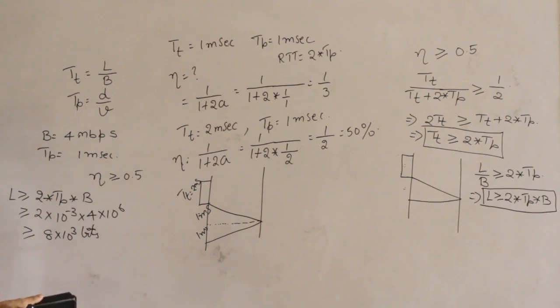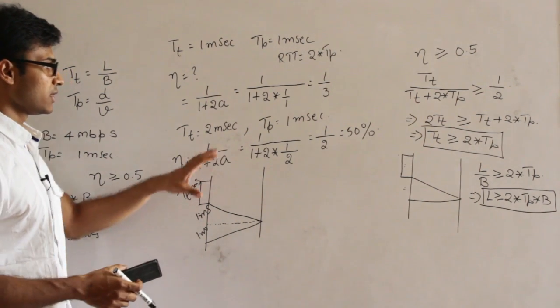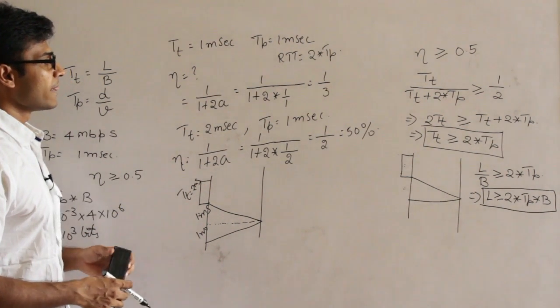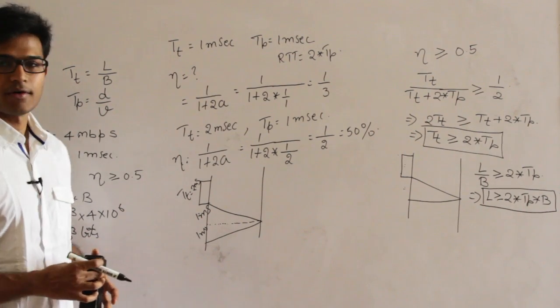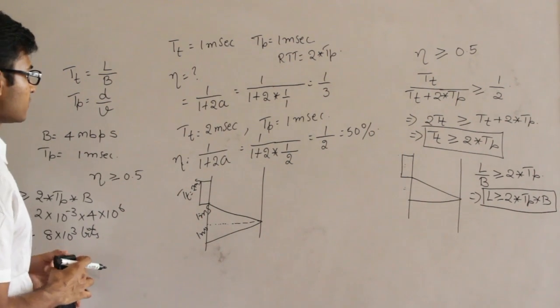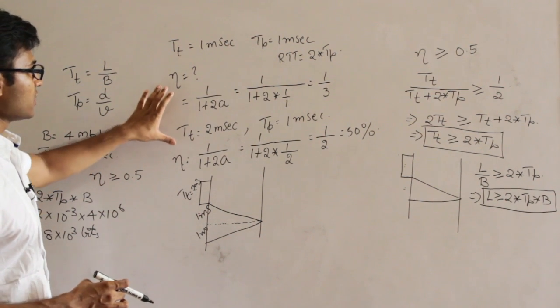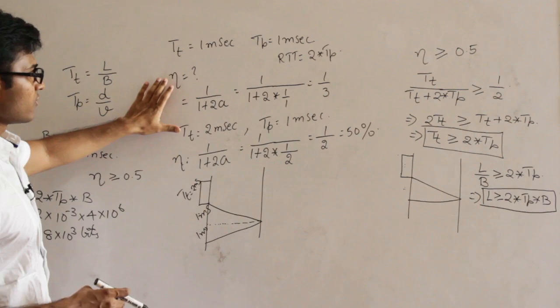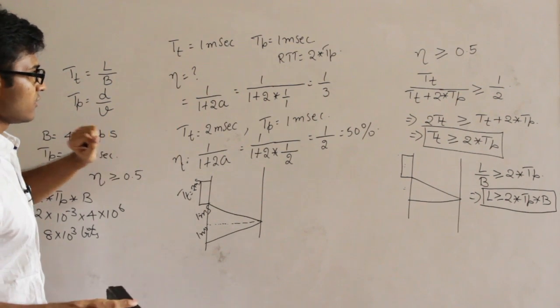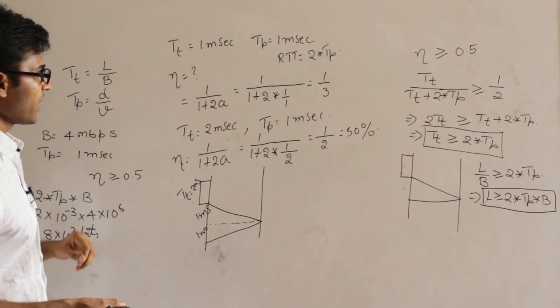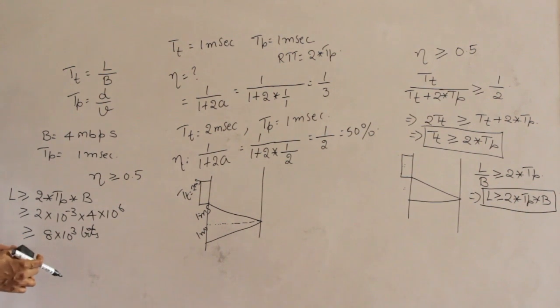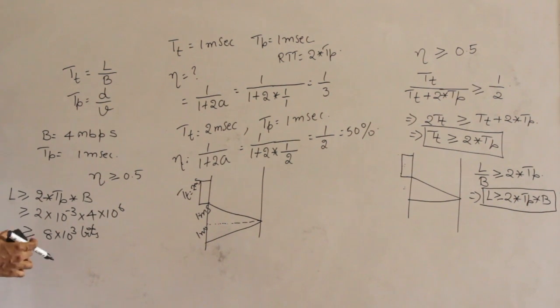So these are some of the questions possible on stop and wait. But then there are some disadvantages too about this stop and wait. One thing is, you are observing that the efficiency is not very high, and the efficiency is decreasing with some factors. Let us see what are the factors that really affect the efficiency.